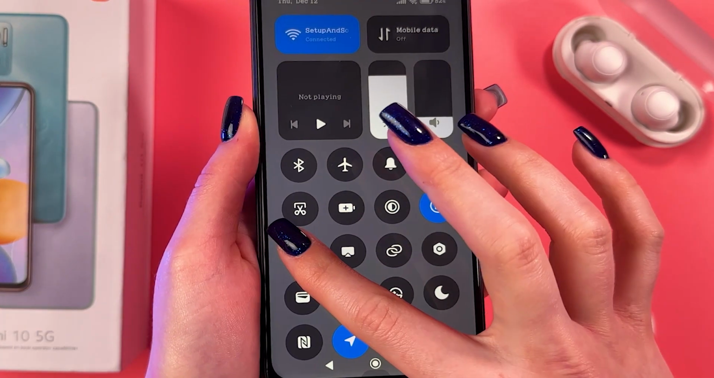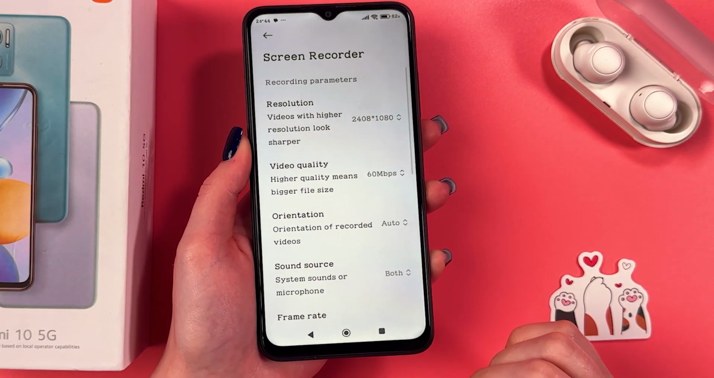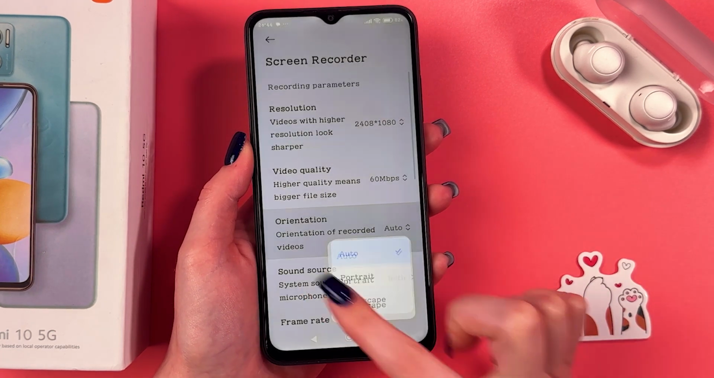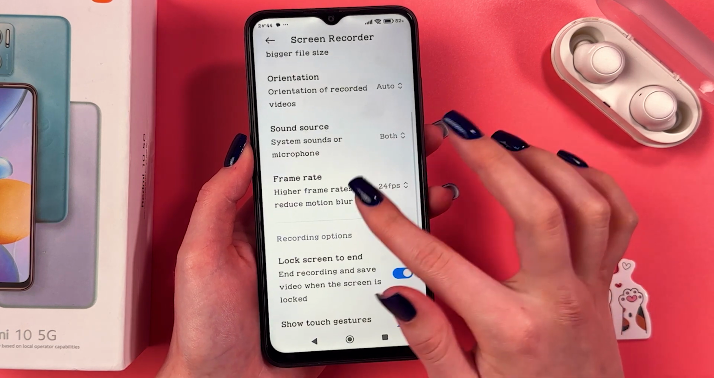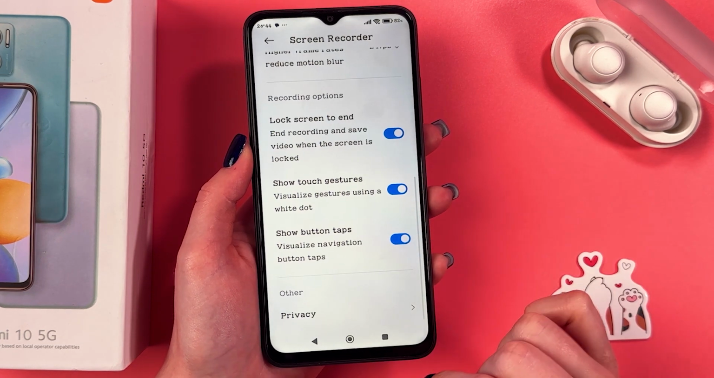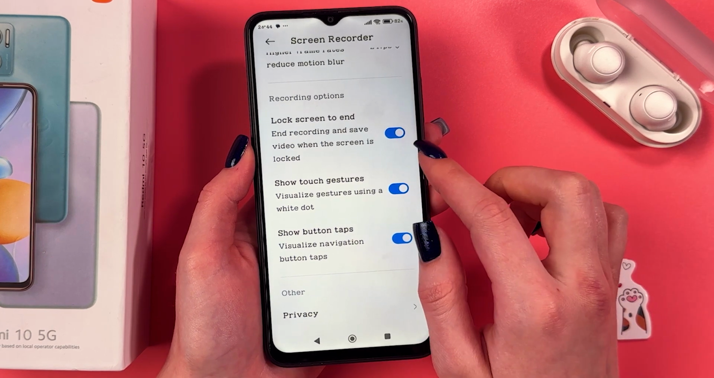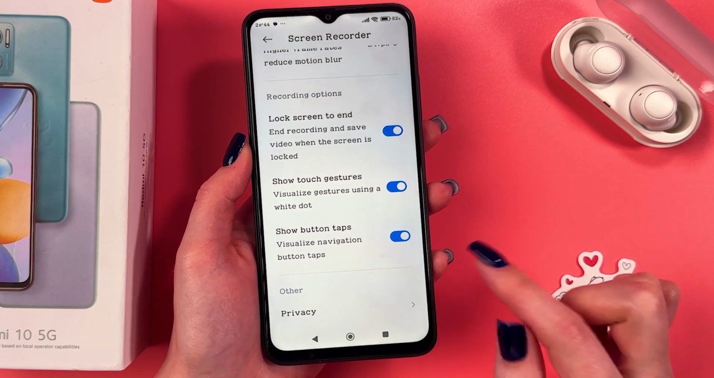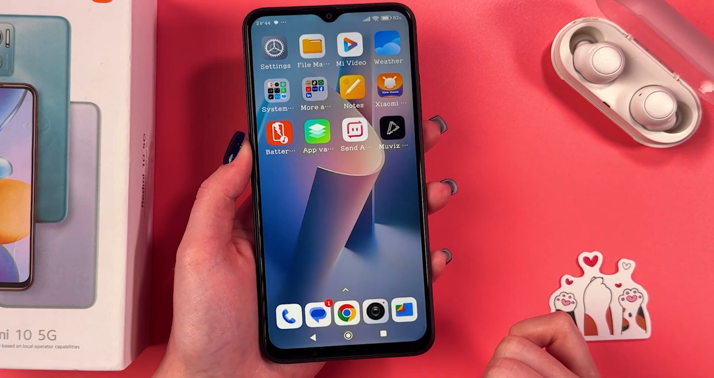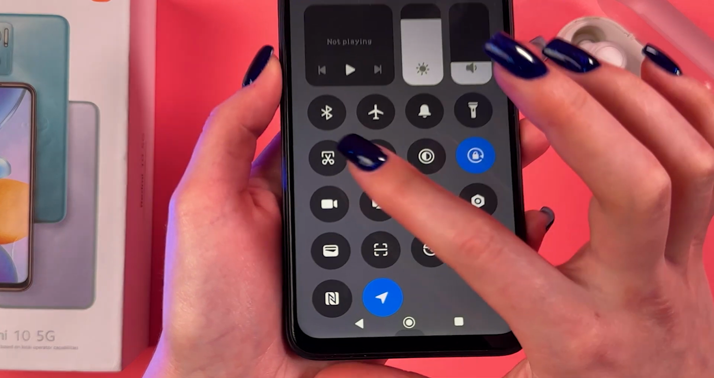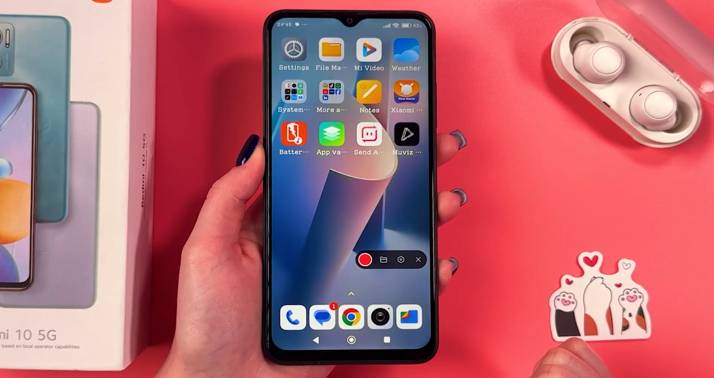icon. Firstly, we can just press it and change its settings such as resolution, video quality, orientation, sound source, frame rate. And additionally, we can either enable or disable these three features: lock screen to end, show touch gestures, and show button taps. So, to enable video recording, you'll need to return back in the control center, tap this video icon,